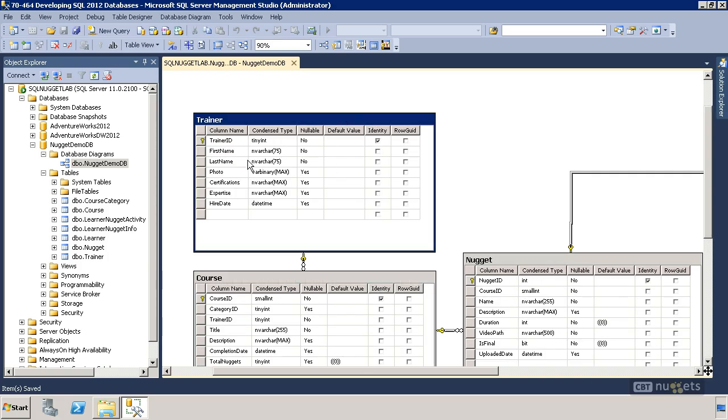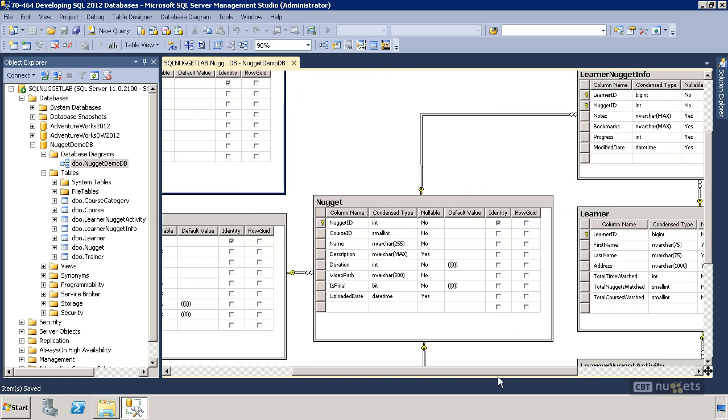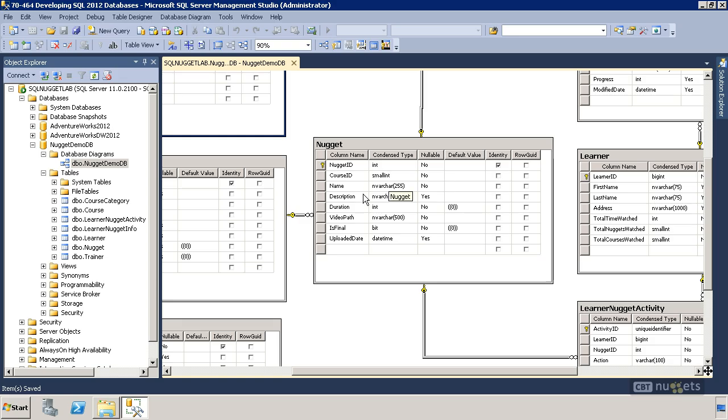Trainer table, just basic trainer stuff: first name, last name, photos, certs, expertise, hire date, all the stuff you see on the trainer page on the Nuggets website. And then our center table here, our nugget table. So we've got nugget ID, course ID, name, description, duration, the video path,